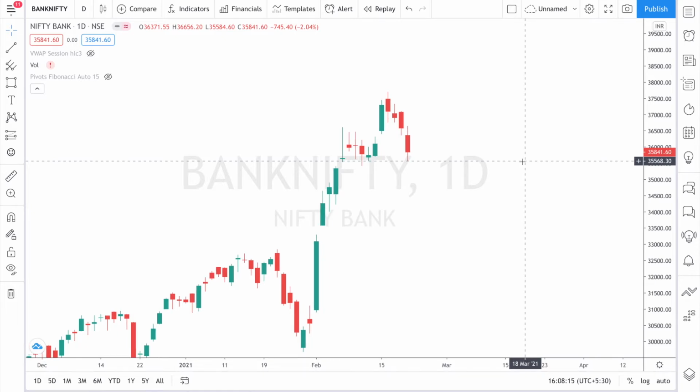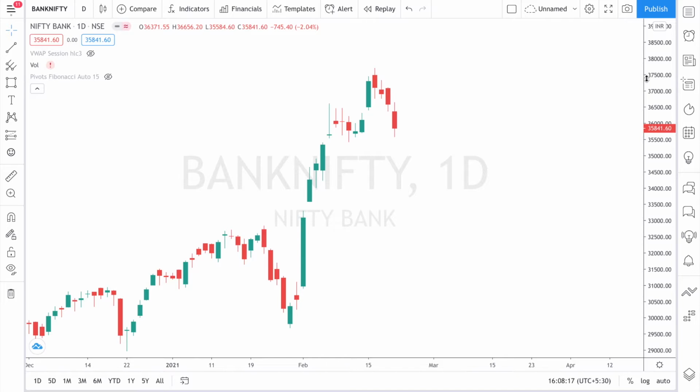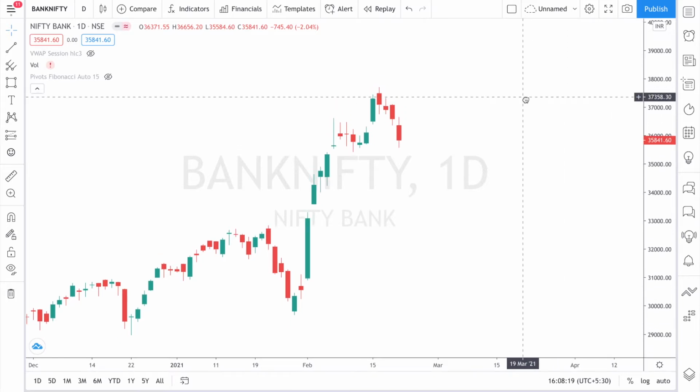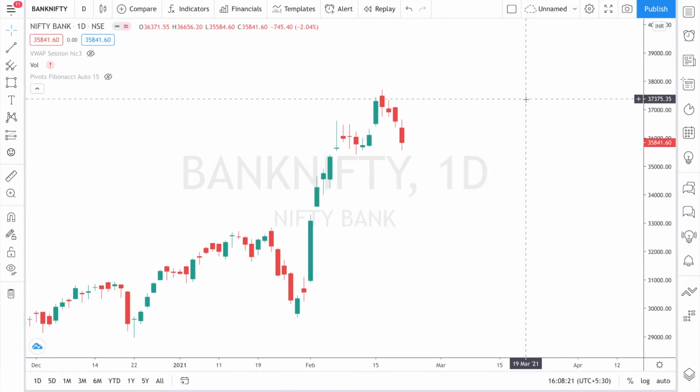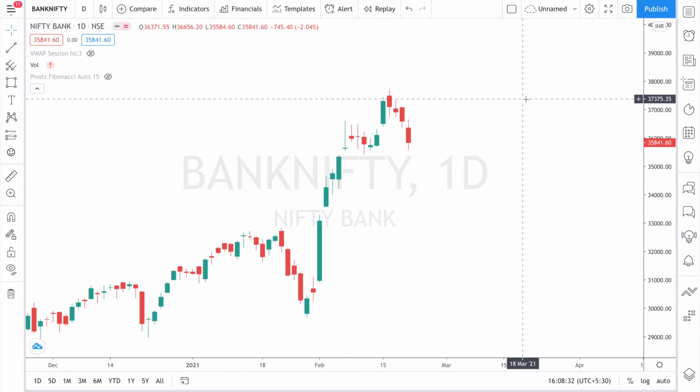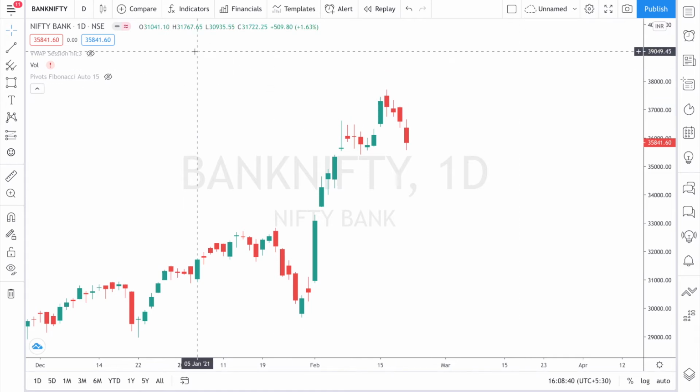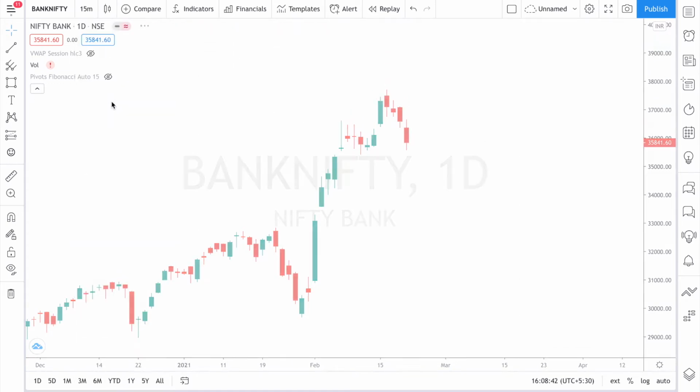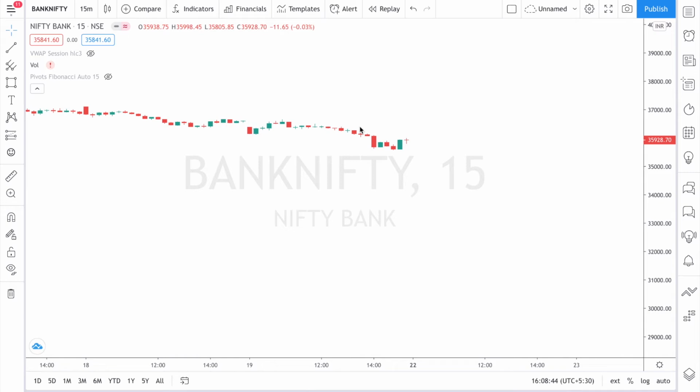As traders, the market may fall, the market may rise, but the most important question is how much profit or how much momentum did we capture. That is a very important part of our trading and our analysis. Even if we can analyze, sticking to that analysis is the most important part. So without wasting time, let's begin with Bank Nifty.